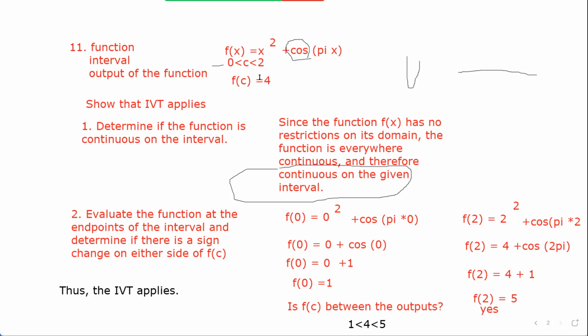So here's what we know. Here's where this comes in. We're going to continue number 11 over here. We're going to say,